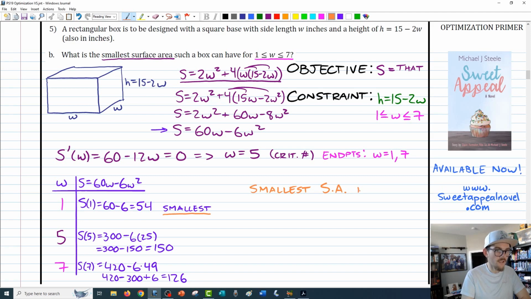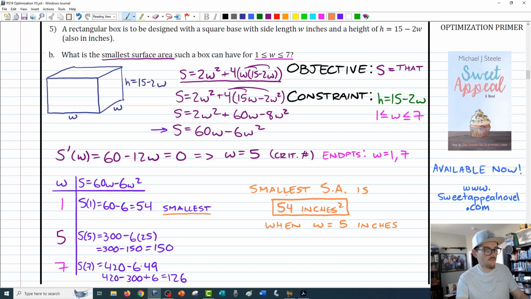The smallest surface area is, and we saw 54, and we're talking surface area, so it'll be 54 inches squared. And then although it doesn't ask it, I'm just going to say when W equals 5 inches. So that was interesting, that 5-inch length, or the 5-inch width, actually did once again give us the optimal